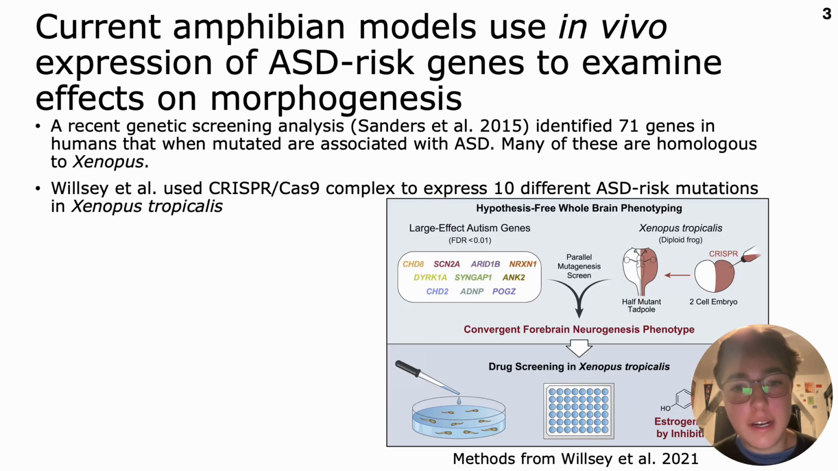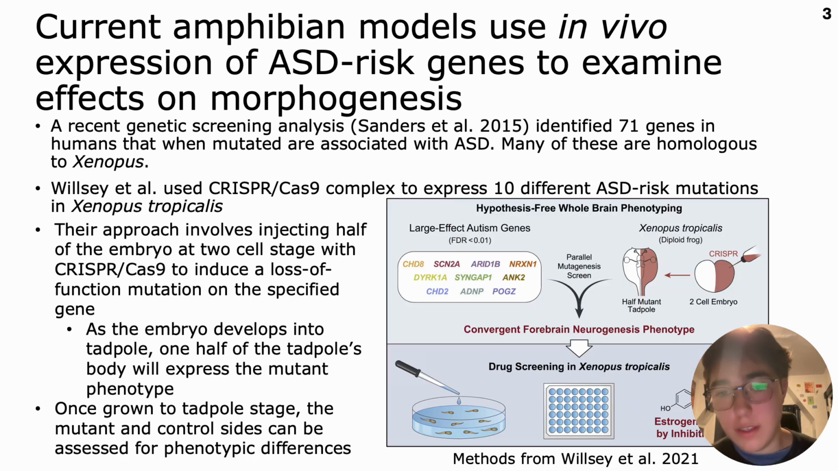So they used a CRISPR-Cas9 complex in order to do this, which worked by injecting half of the embryo with the CRISPR-Cas9 complex associated with the specific gene they wanted to mutate. They only injected half of the embryo so that when it developed into a tadpole, only one side of the embryo, divided by the midline or the spinal cord, was expressing the